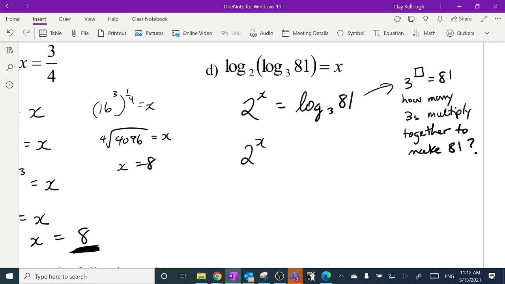So 2 to the power of x is 4. And I think I can just figure that out. X is 2. There we go. Stop me if you have any questions. All right. Now,